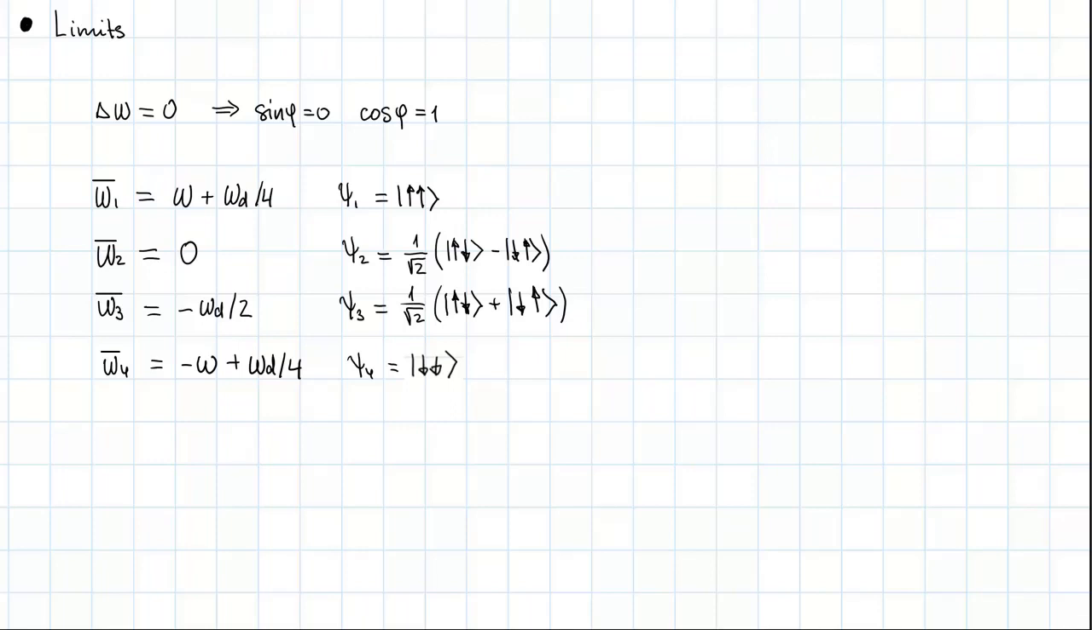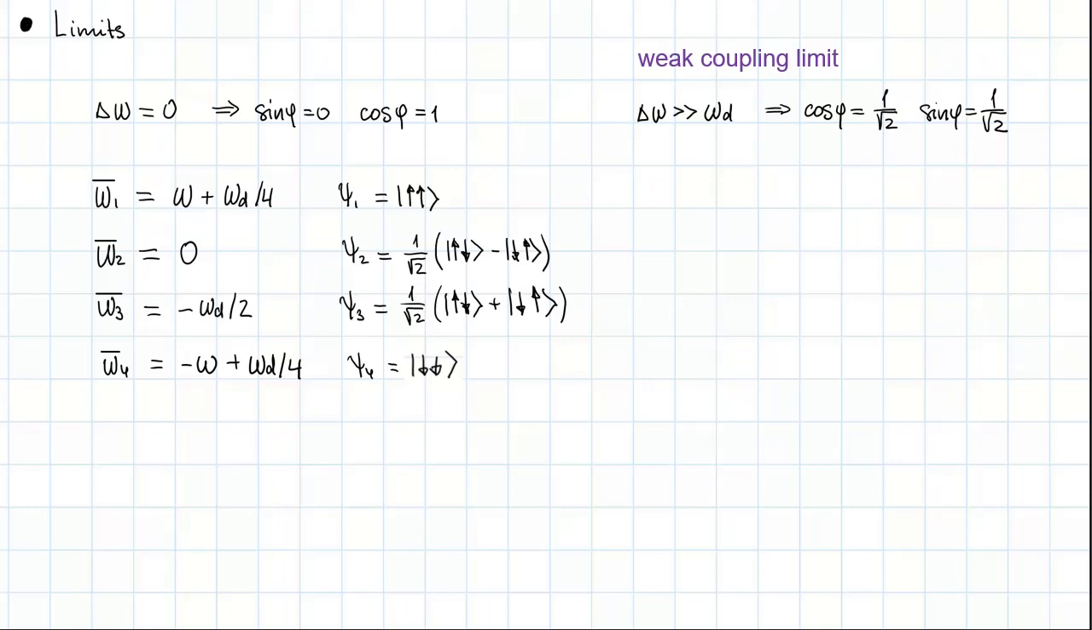Now we consider the second special case, when delta omega is much larger than omega d. From this condition, it follows that cosine phi is equal to sin phi and equal to 1 over square root of 2. The case when delta omega is much larger than omega d is sometimes called the weak coupling limit. Similarly, as in the previous case, we obtain the eigenvalues from the general expression for the eigenvalues by substituting the variable omega stroke just with delta omega. In this way, we obtain